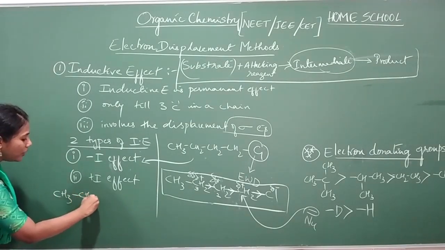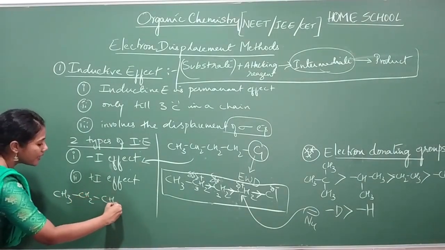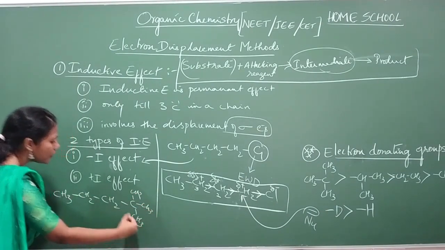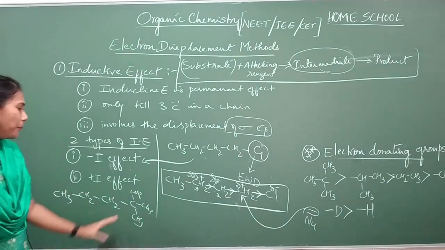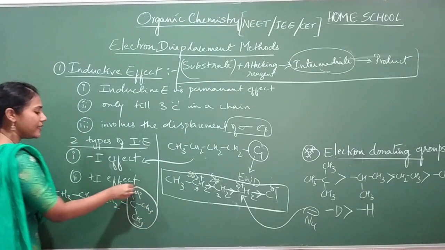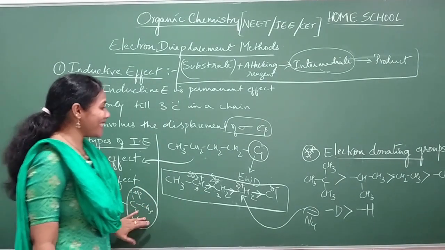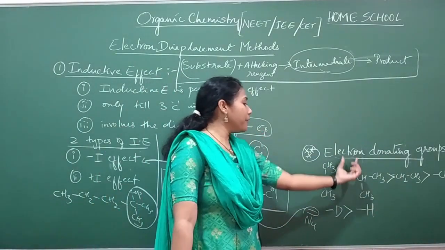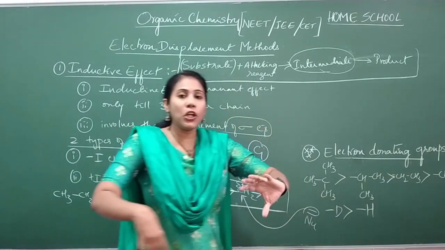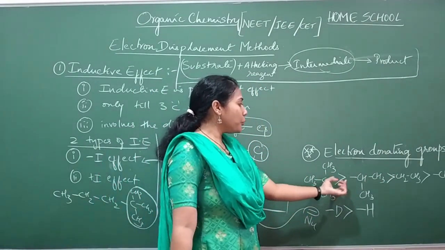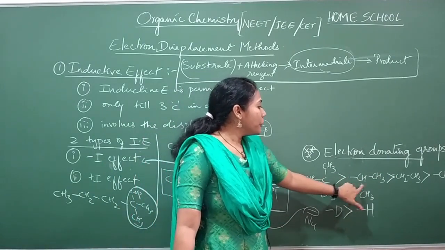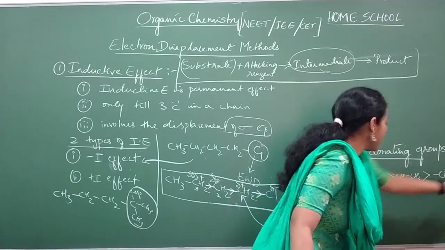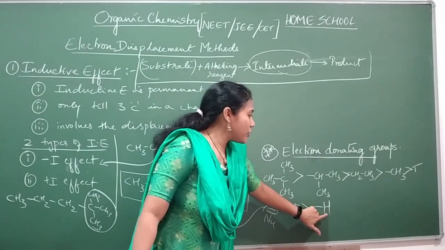Imagine you have this particular molecule here, CH2, CH3, CH3, CH3. Actually you don't have any special group, but observe this particular one. It is a tertiary butyl group, and it is an example of an electron donating group. These groups I have given in decreasing order of electron donating nature. Tertiary butyl group is more electron donating than isopropyl group, and later ethyl group, and then methyl. T means tritium, D is deuterium, and H is hydrogen.